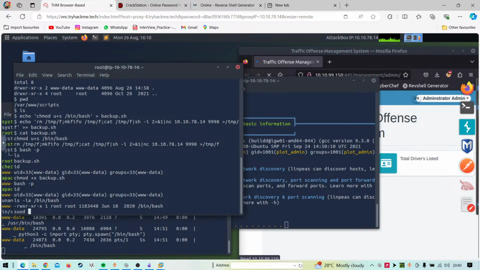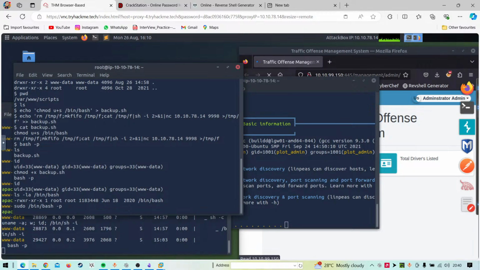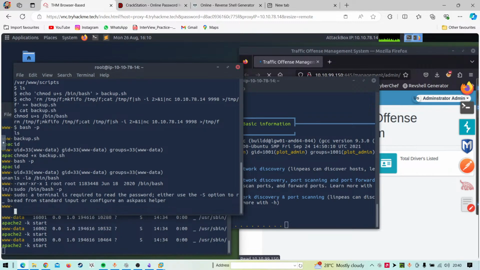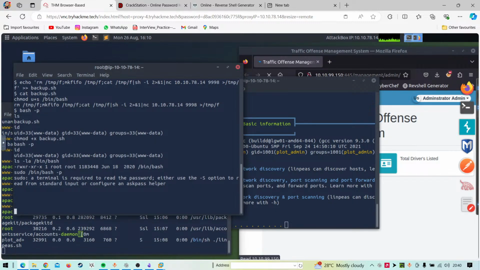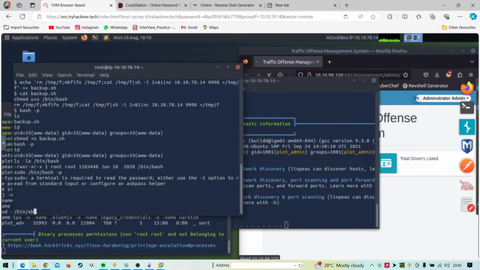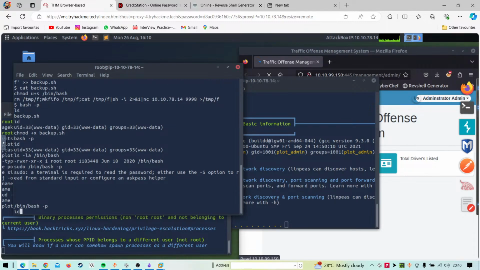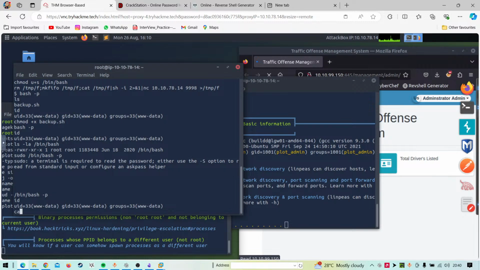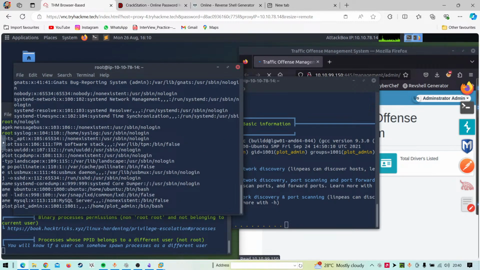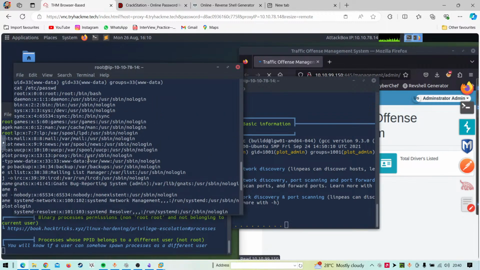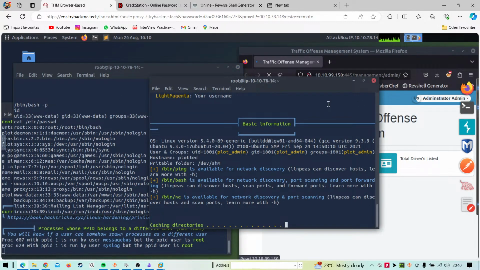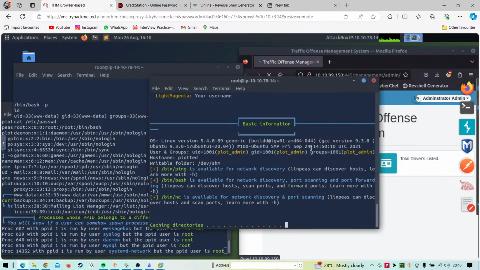Can I do sudo /bin/bash -p? Okay, it requires a terminal for that, so I can just do /bin/bash -p. If I just do passwd. Okay, so it's actually taking too much time than I thought it would.